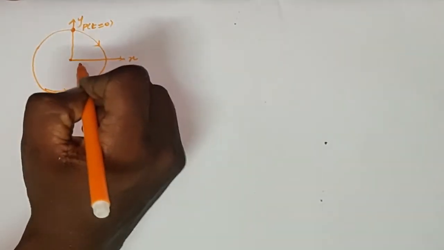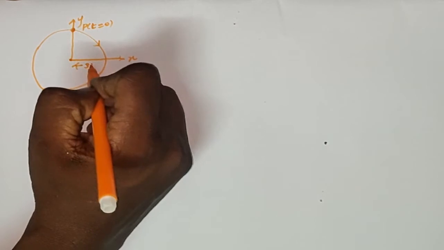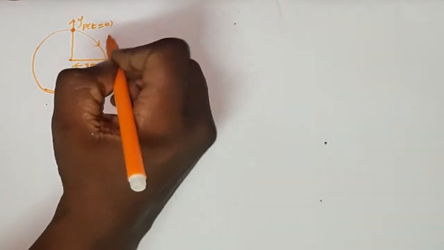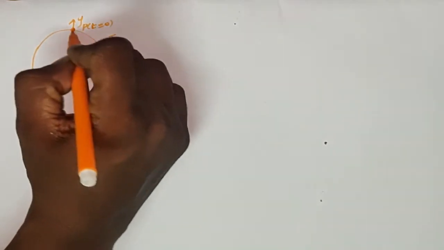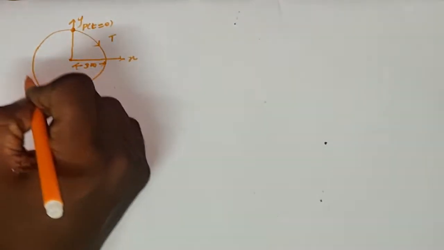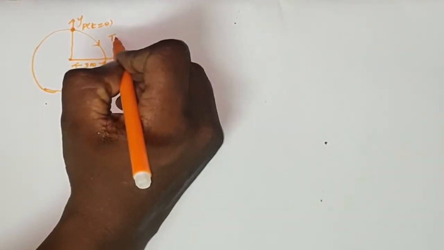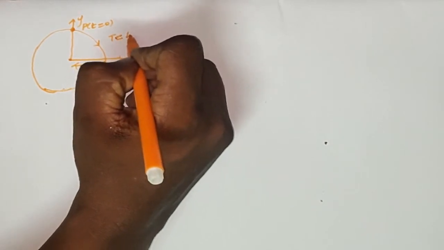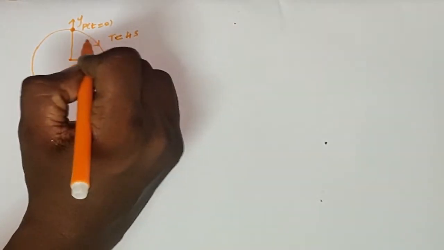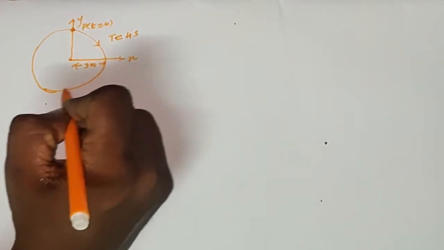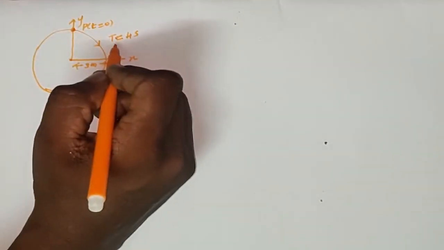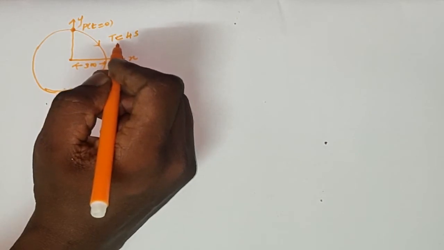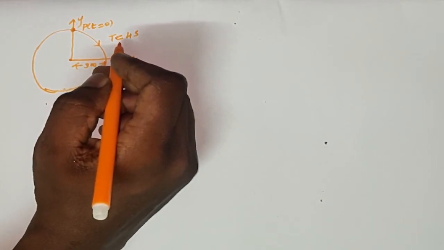The radius of the circle is given, it is 3 meter. The period of revolution is given. That means the time taken by the particle to complete one revolution is the period. The time is equal to 4 seconds. So within 4 seconds, or exactly at 4 seconds, it will complete one revolution. That is the meaning of the period of revolution. They are asking for the y projection of the radius vector.